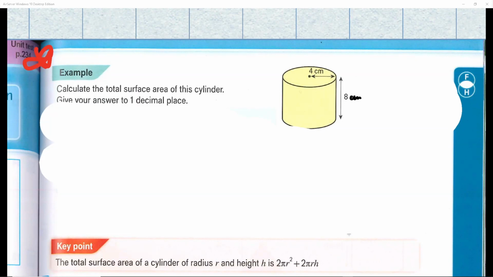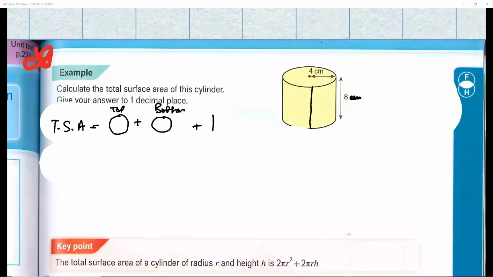Describe it, go on. It is the top and the bottom, and the middle part, the curvy side bits. Okay, lovely. So let's write that down. So total surface area is equal to the top and the bottom. These circles are a bit dodgy, but never mind. And then we're going to add the, now, if you were to split the cylinder here and open it up,